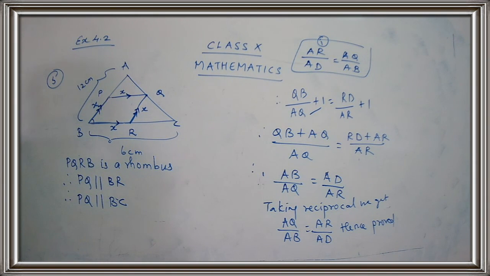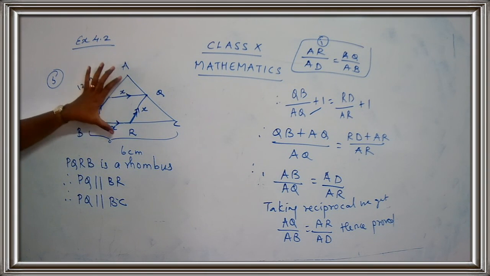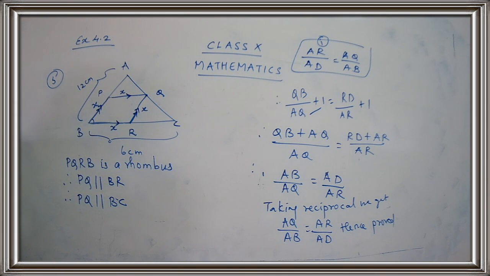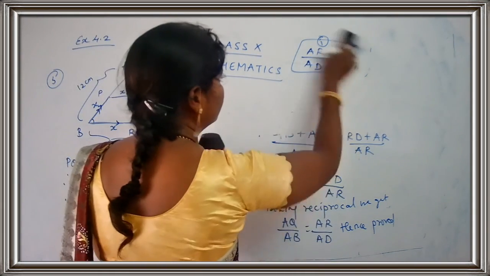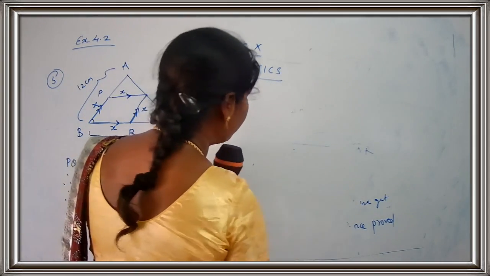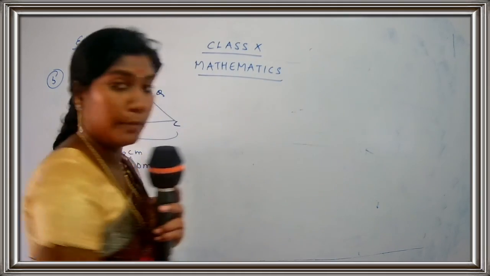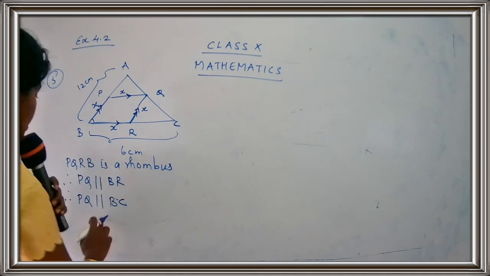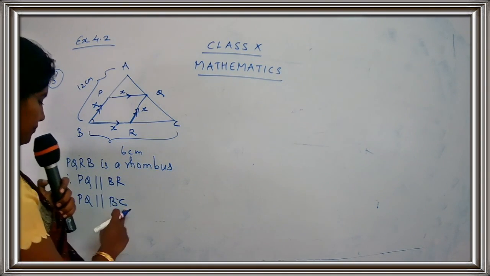Now, which triangle are you going to consider? Just see which triangle is being formed over here. Yes, we get triangle ABC. Come on, write down the name of the triangle. Anyway, you're going to get the same triangle because here we are going to deal with the same triangle. But you have to find a proper vertex. So PQ parallel to BC.